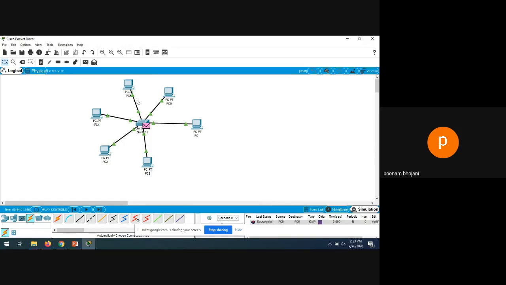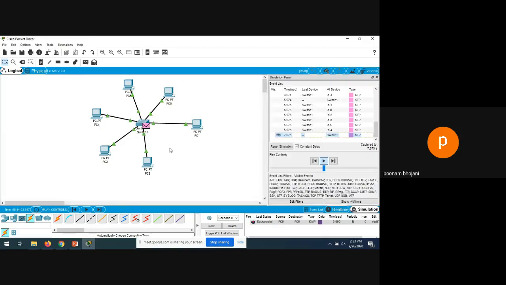Are you getting? So only one time this will happen, and it is not like that packet will be sent to all the devices. It's not like that. Fine. So that is the process that will be done in the simulation. So you can reset the simulation and check it again, what is happening. Okay, so that's all that happened in the star topology.